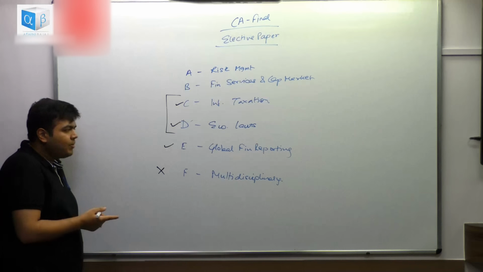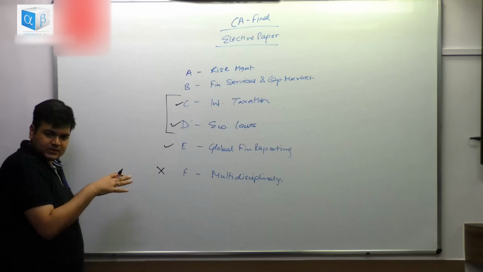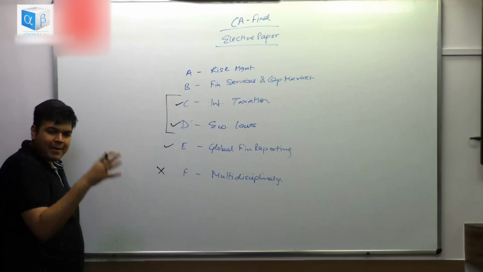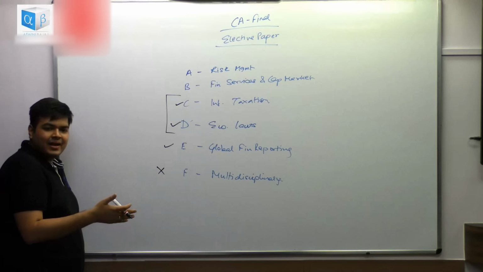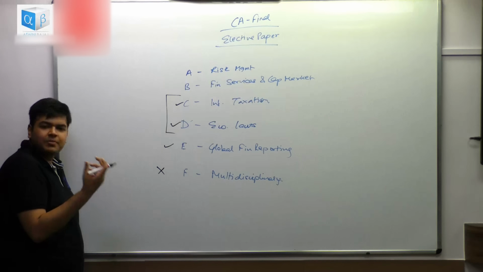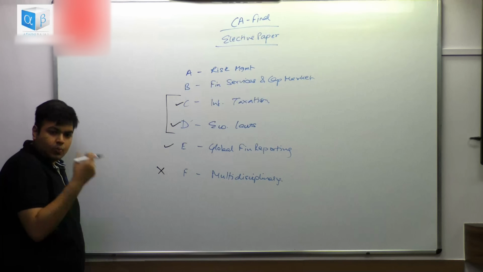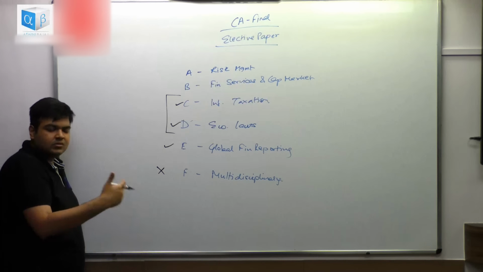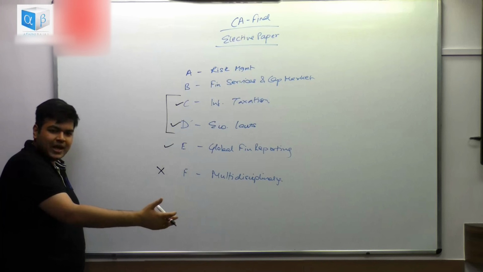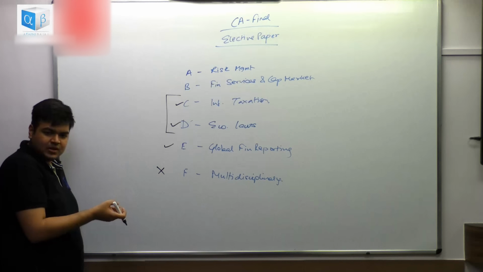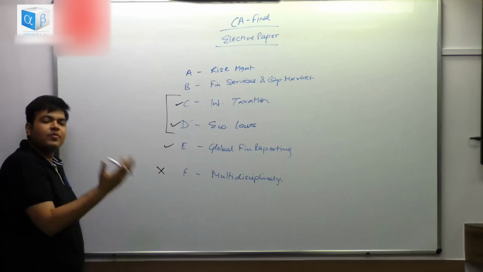When you're looking at global financial reporting, there is going to be content with respect to IFRS, Ind AS, US GAAP and the differences between these. Now when you're looking at IFRS and Ind AS, 90-95% is going to be similar because Ind AS is trying to converge with IFRS. The Indian accounting standards issued by the ICAI is trying to converge with IFRS, and that is why we have Ind AS. So it is going to be very similar to IFRS. You just need to take note of the differences.